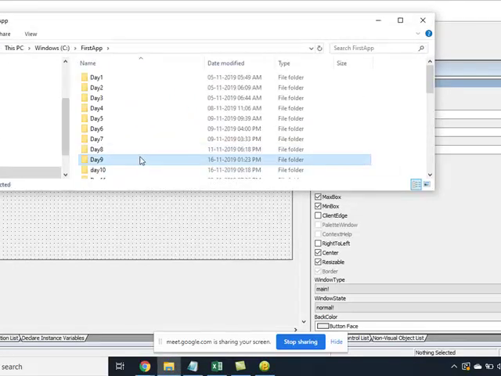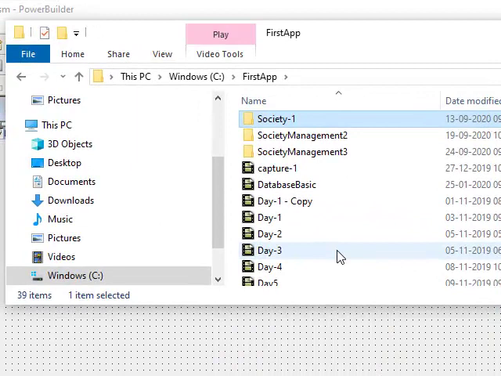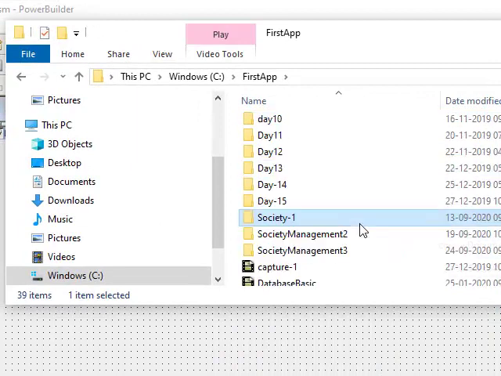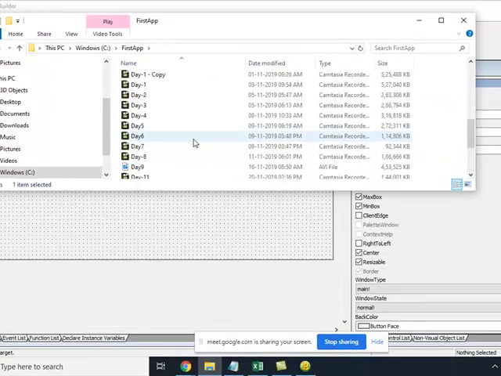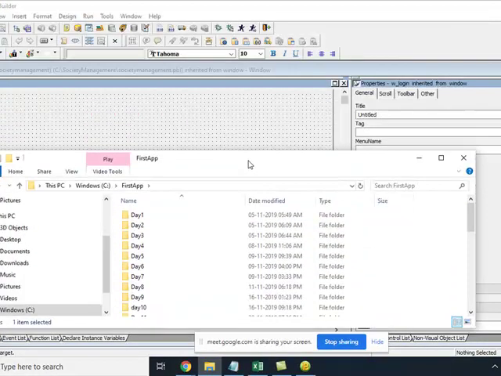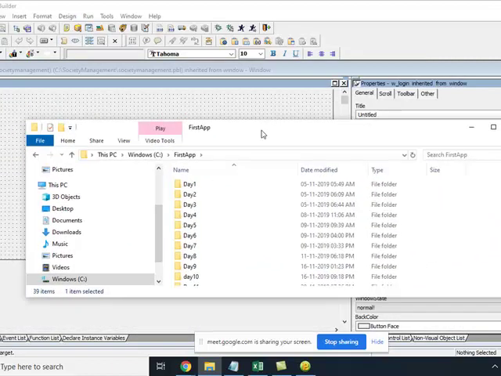सोसाइटी मैनेजमेंट. One second यार, ये फोल्डर क्यों नहीं दिख रहा?